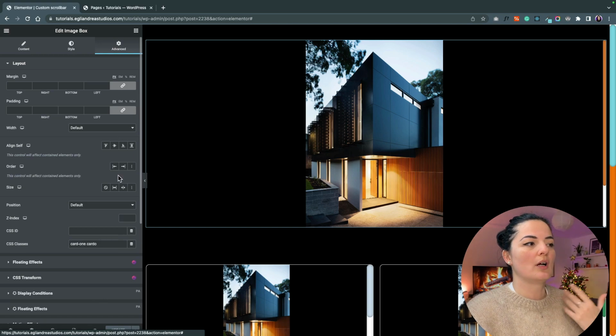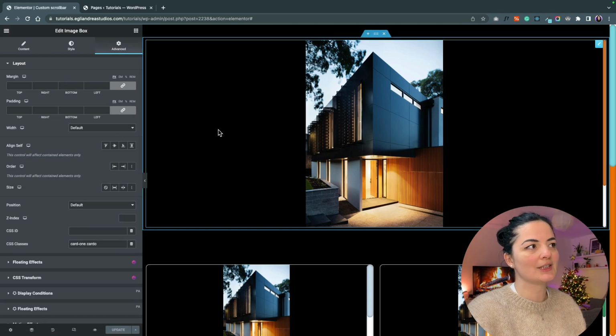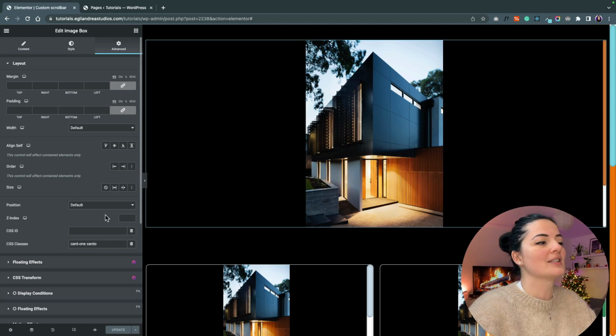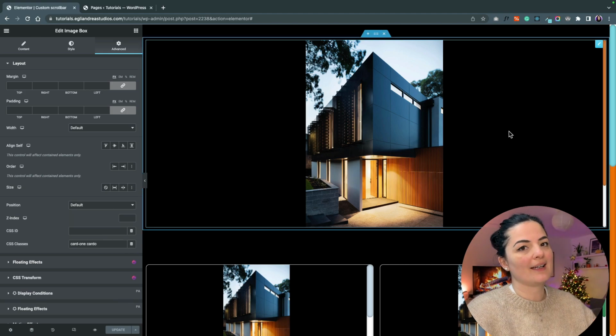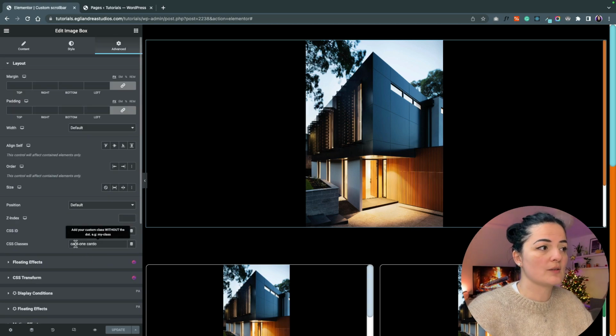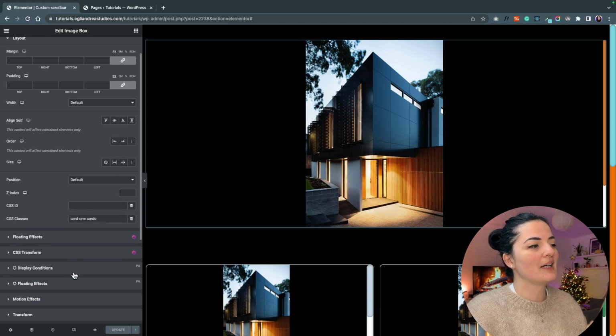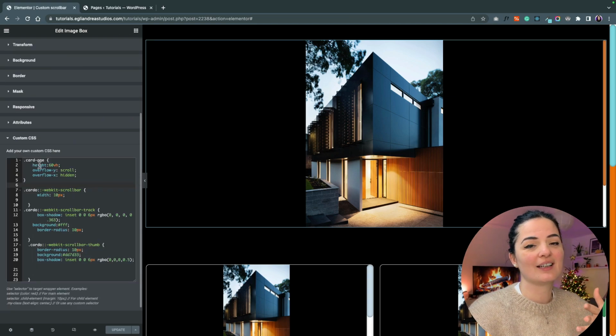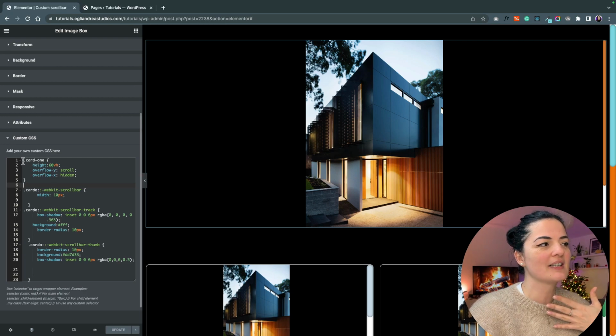So let's go to our code, and this is just an image box. You can obviously add whatever scrollable content you want. I made it scrollable so I can show you this example. I have given it two classes, one is card1 and the other one is cardo. Don't mind my naming. The card1 class you can disregard, because I did this, as I said, to have the